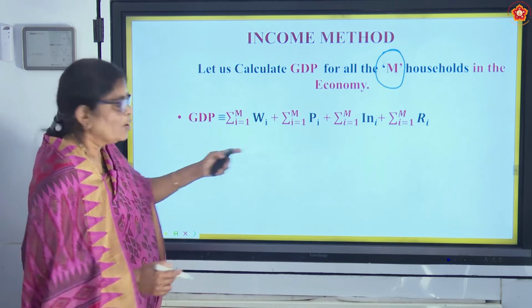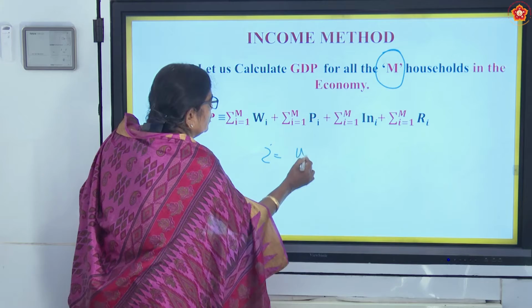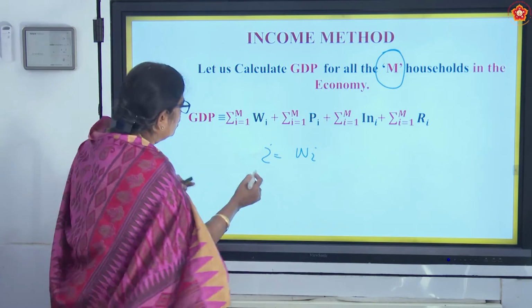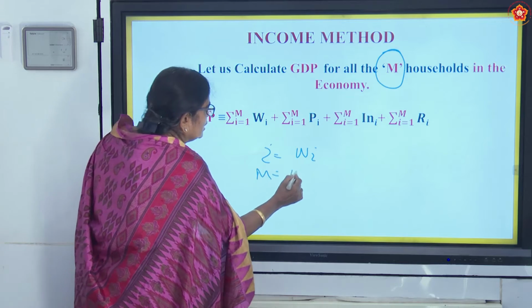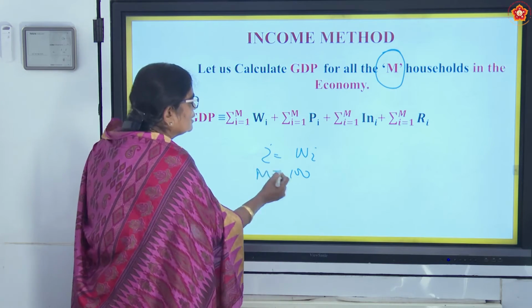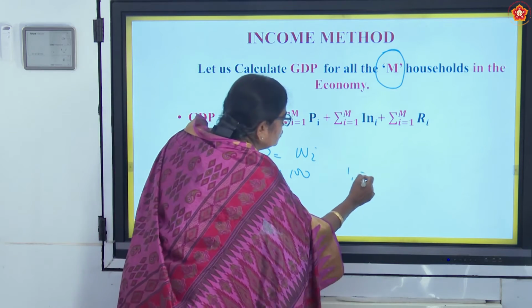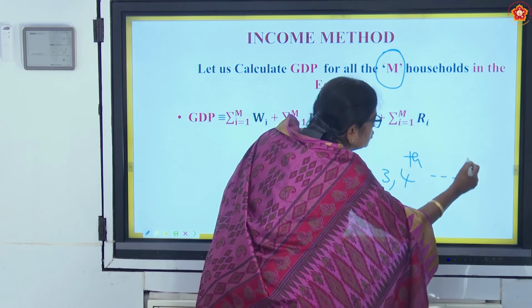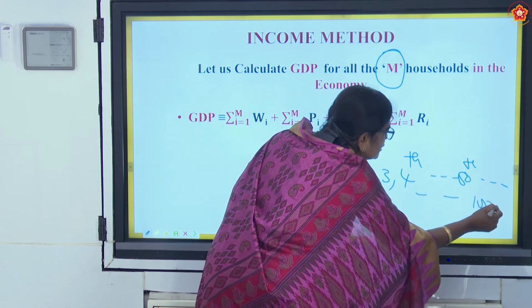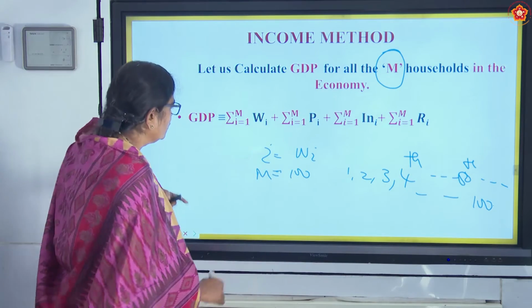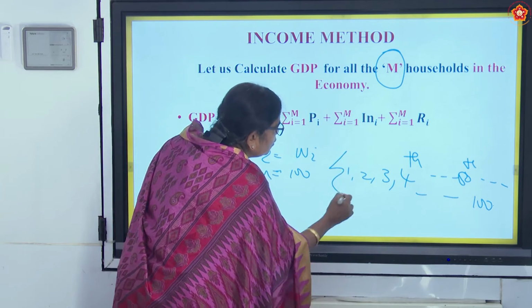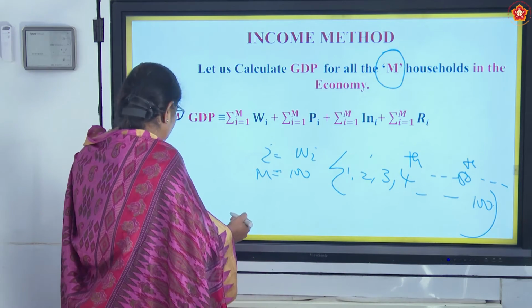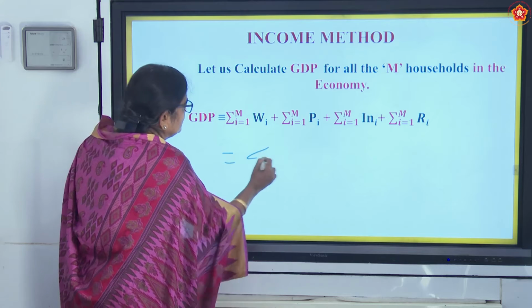Therefore, how to write? For the ith household, WI. But we have to sum up all the households. Consider, for instance, M is equal to 100 households. Then how do you write? First household, second household, third household, fourth household, and 50th household, and like that up to 100 households. Therefore, what will you do? You will sum up all of them, add them together. How will you write it? You will write summation of,